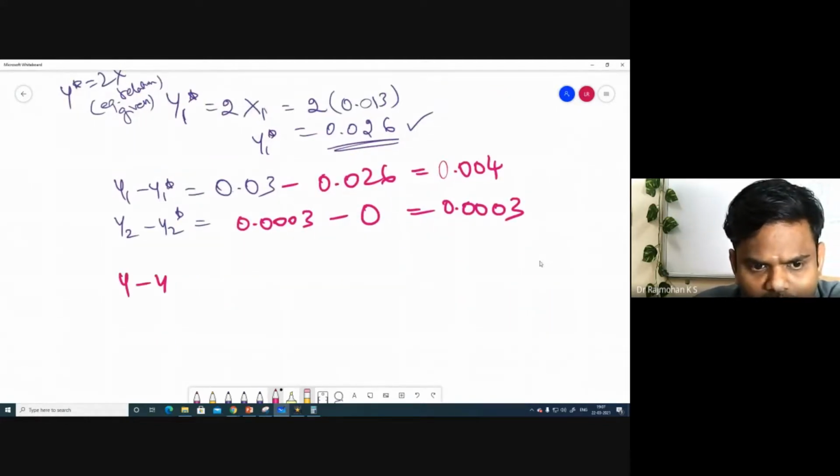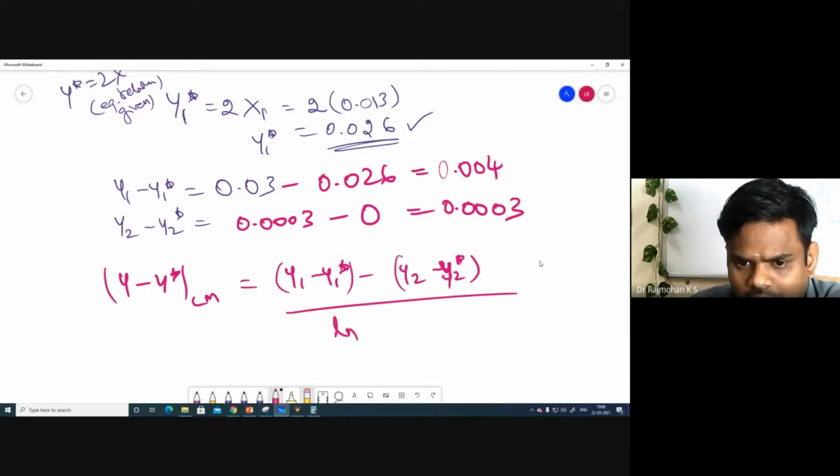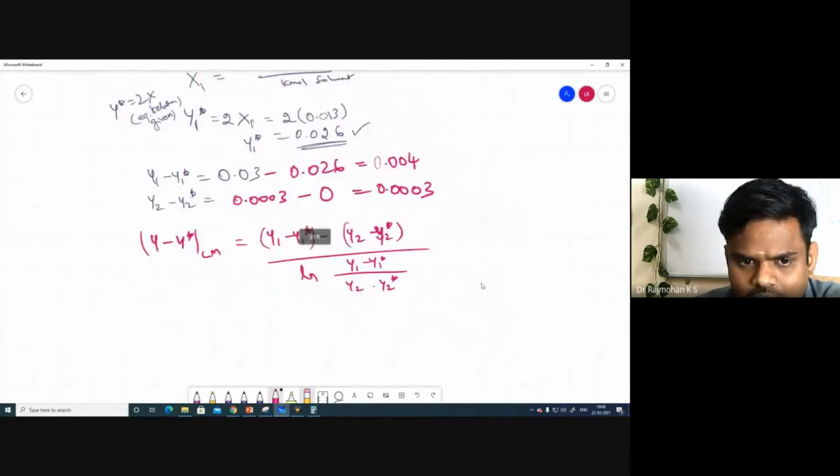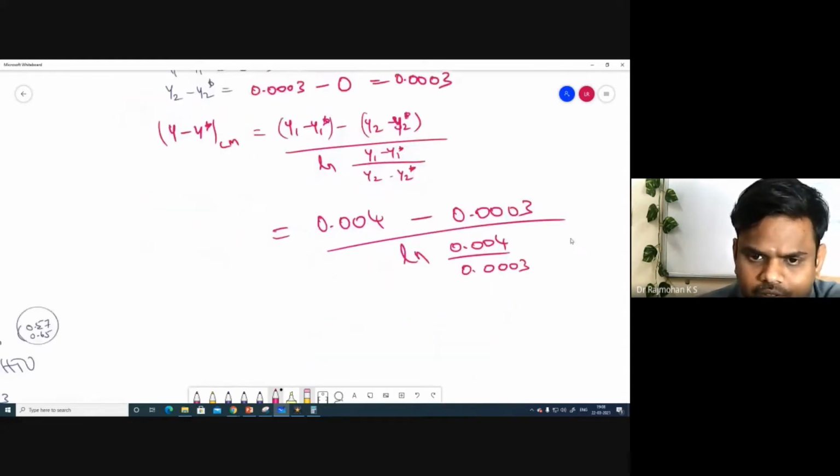then what is y minus y star logarithmic mean? Equal to y1 minus y1 star minus y2 minus y2 star by ln of y1 minus y1 star by y2 minus y2 star. Substituting the values, we get y1 minus y star is 0.004 minus 0.0003 divided by ln of 0.004 by 0.003. Okay, so equal to